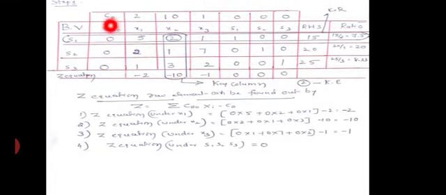It is the coefficient of basic variable column in the objective function, and corresponding to x1 we need to multiply. Similarly the same CB into x2, the same with x3, s1, s2 and s3. Like that you need to calculate, along with minus the coefficient of the objective function. Let us see the first one: 0 into 5 plus 0 into 2 plus 0 into 1, which is 0, minus the coefficient of the objective function, which is 2. Here I have represented minus 2.